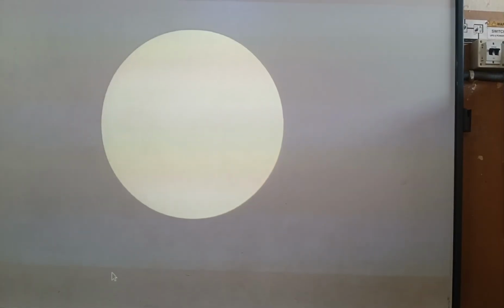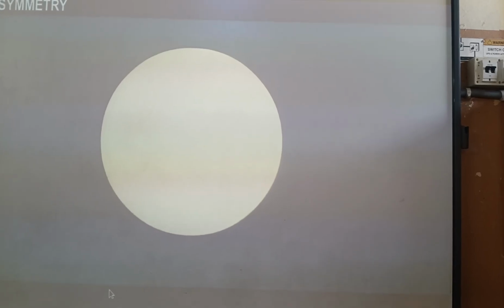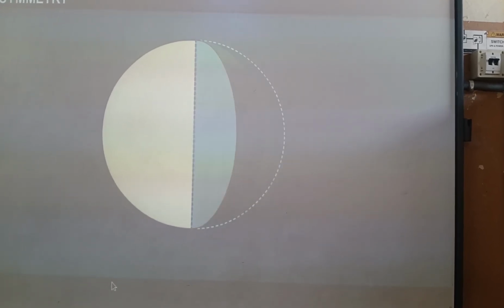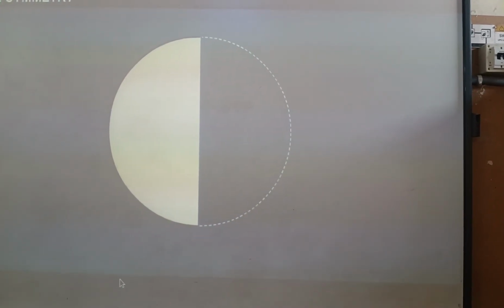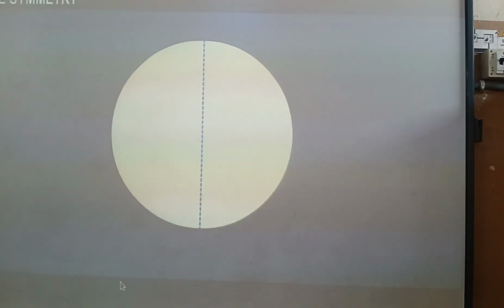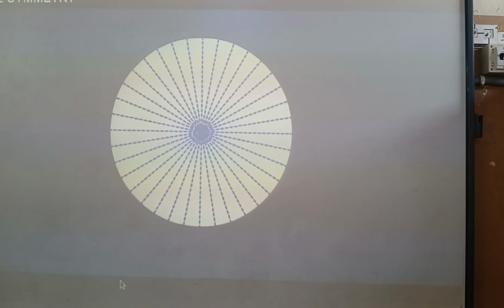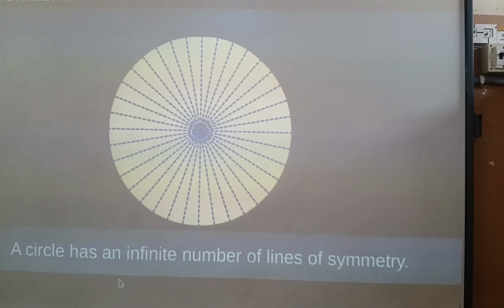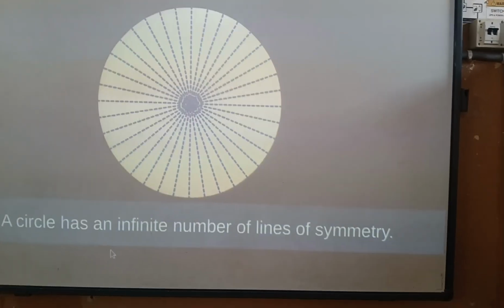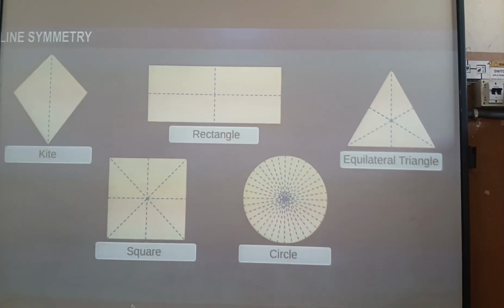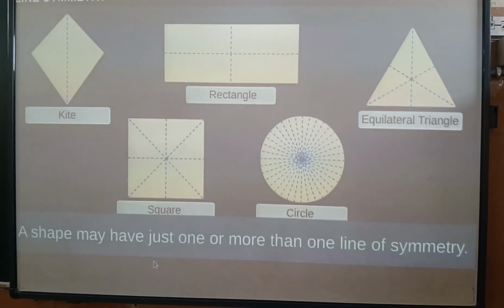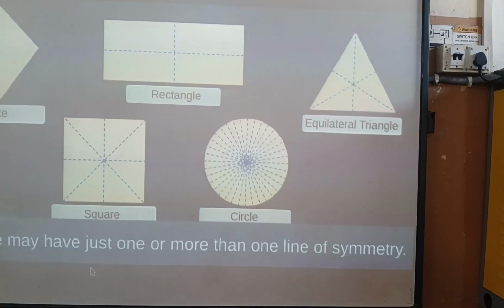Now consider a circle. A diameter of the circle divides it into two identical semicircles that completely overlap each other. We can draw an infinite number of diameters of a circle. Thus, a circle has an infinite number of lines of symmetry. As you can see in these examples, a shape may have just one or more than one line of symmetry. In this module,